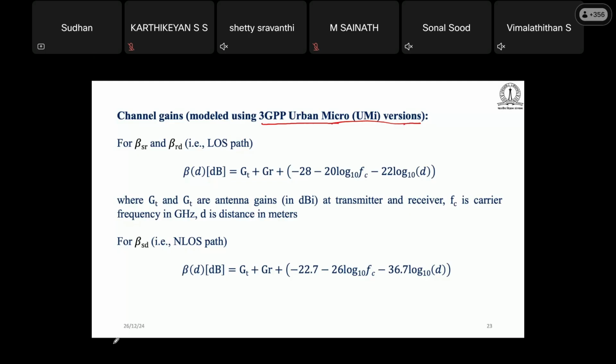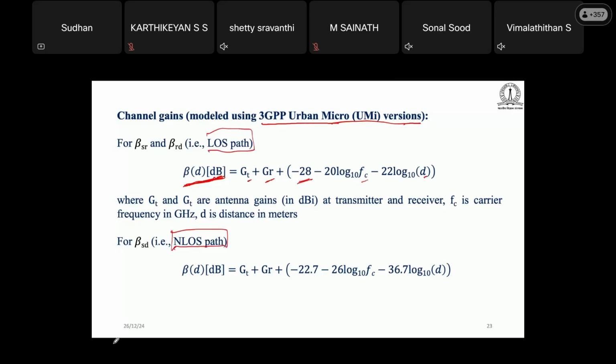So what is this? Now the total gain will be in terms of distance. If you put the distance, then GT is the transmitter gain, and this is the receiver gain, and this is the distance, and this is the carrier frequency, and this is some kind of measurement we obtain from the measurement. As I said, every cellular system, or Rayleigh fading, Rician fading, there are many types of path models. So in this case, this is a LOS path model, and this is a non-line-of-sight path model. So in this case, how to measure the channel gain?